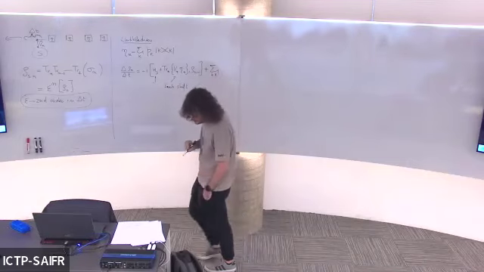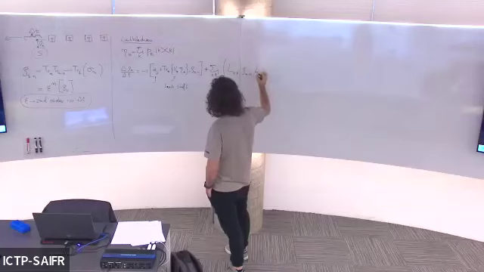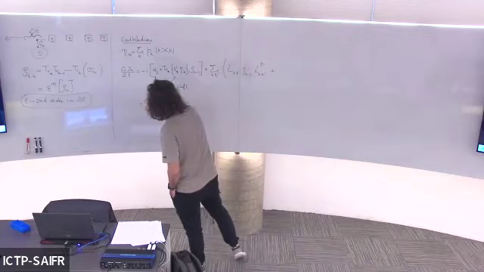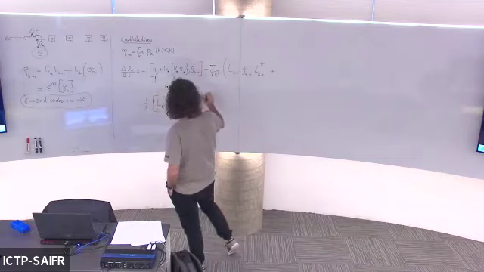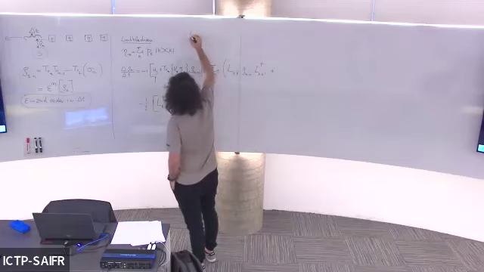Sum over k and k prime, L_{kk'} rho_{n-1} L_{kk'} dagger, plus minus 1 over 2, L_{kk'} dagger L_{kk'} rho_{n-1}, an anti-commutator. And that's it. And L_{kk'} was defined in this way.